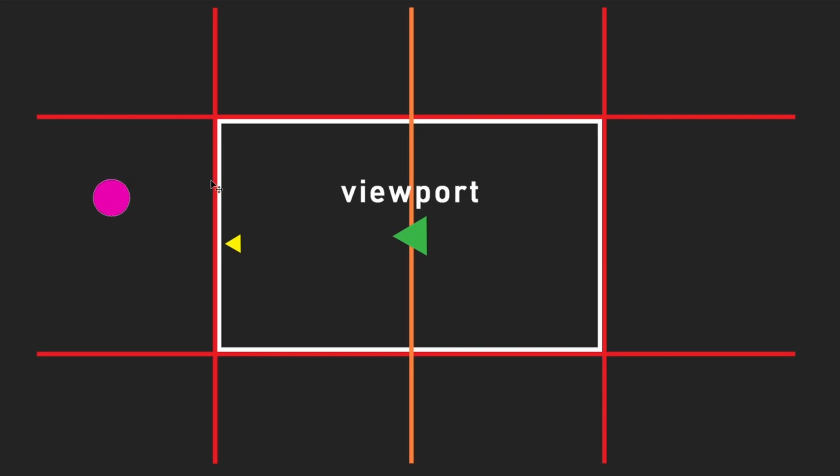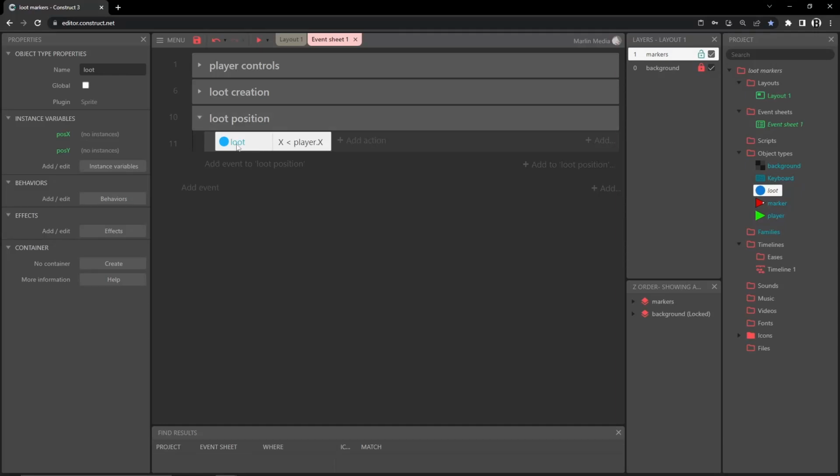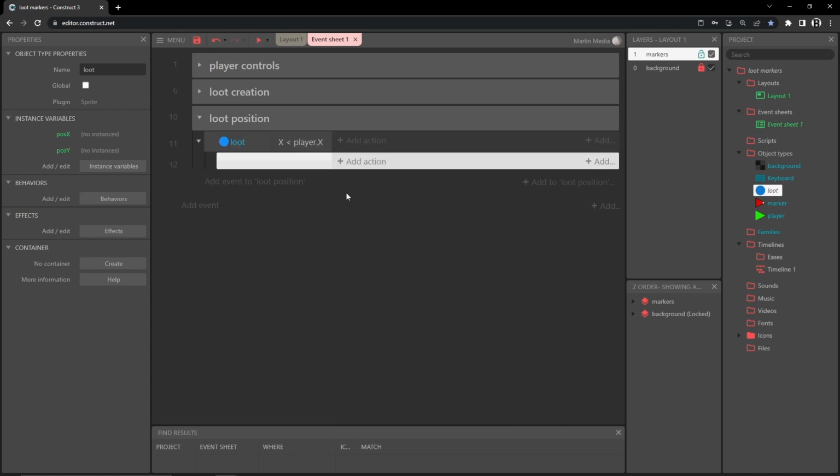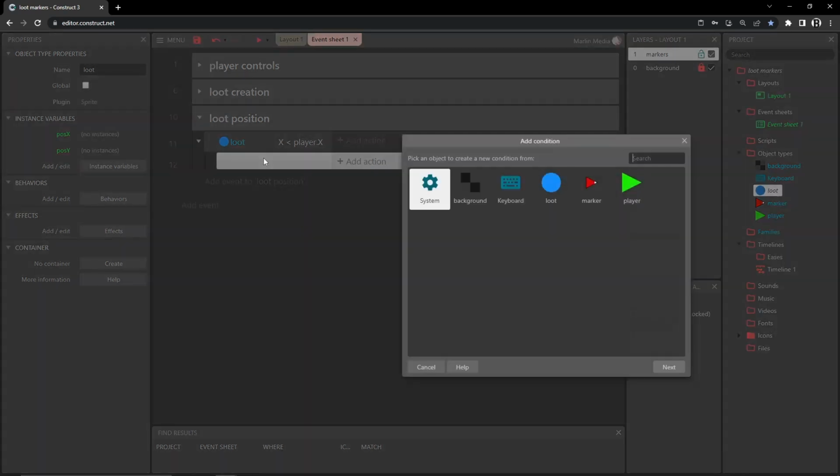So we need to figure out how to calculate to know, one, is it to the left of the player, but within a certain area or beyond that certain area. So once we know if the loot object is to the left of the player, then we can check further. So let's highlight this whole block and press B on the keyboard to get a sub event. And then we're going to do another X value check. So let's double click on this new event,